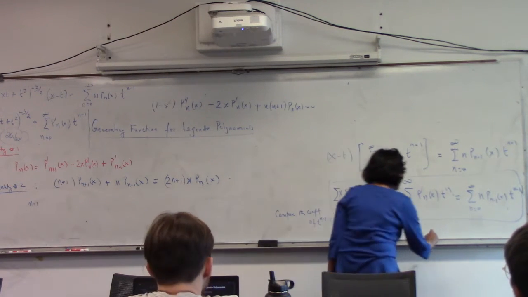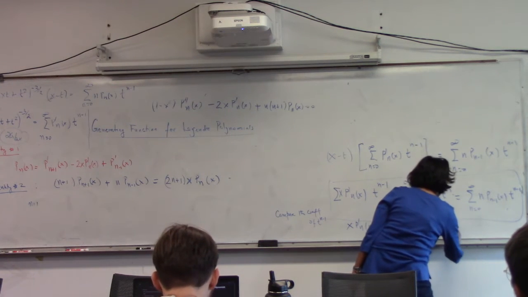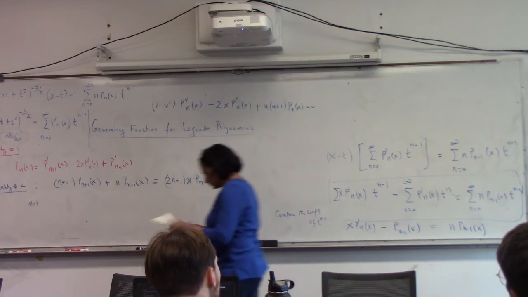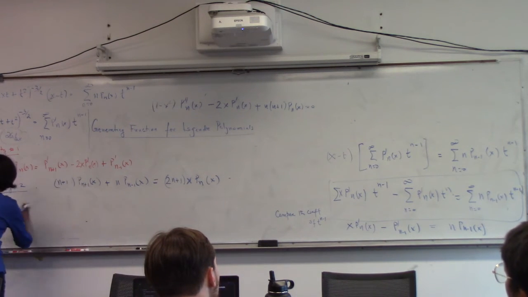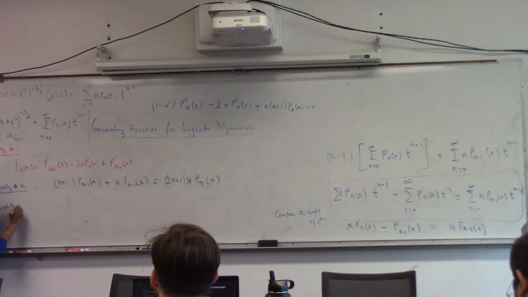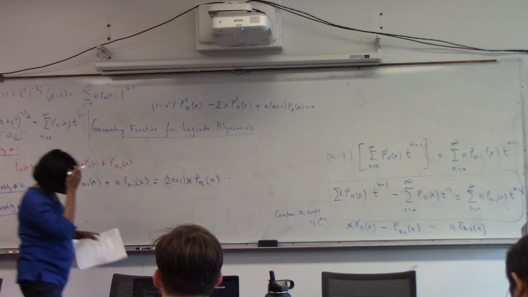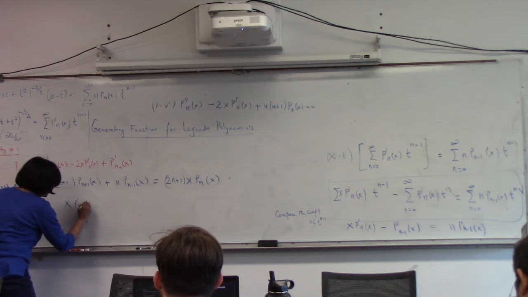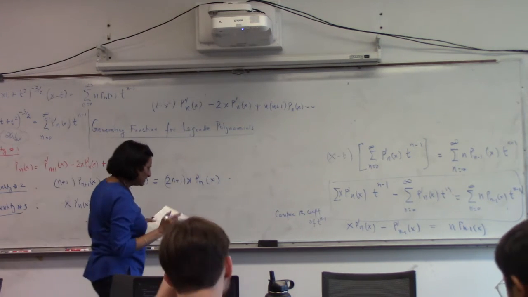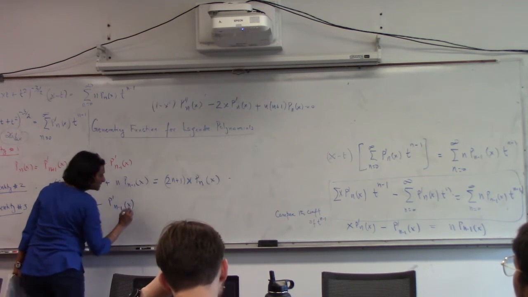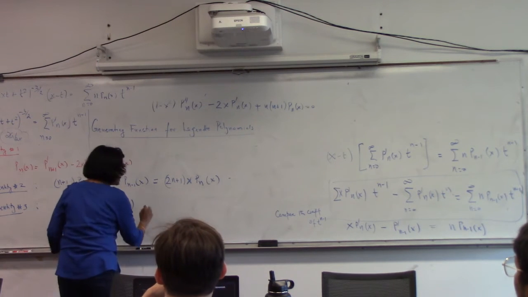This is nothing but n times P n minus 1(x). So this gives me yet another identity, which is x P prime n(x) minus P prime n minus 1(x) is